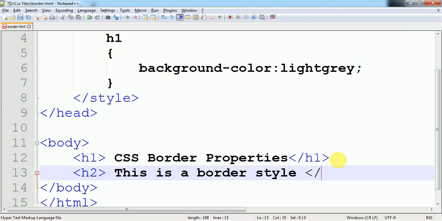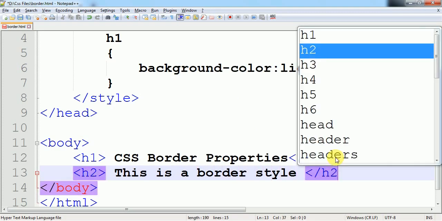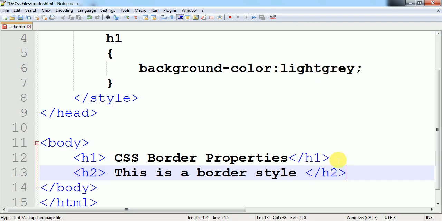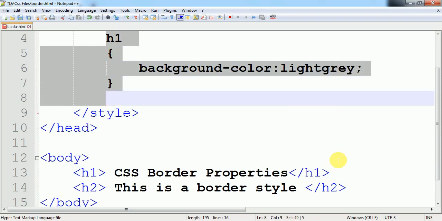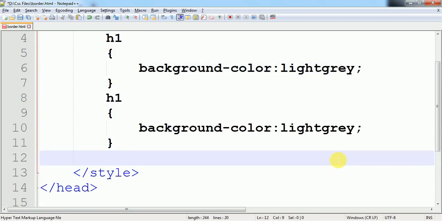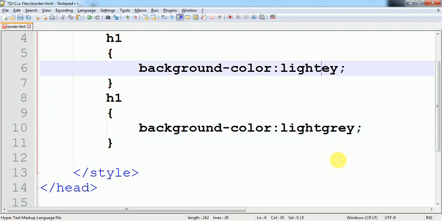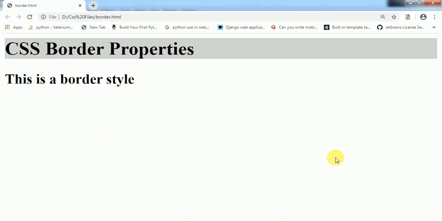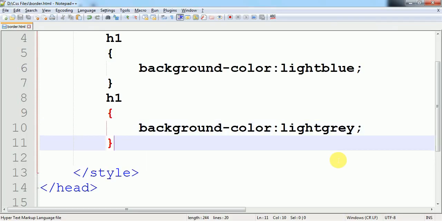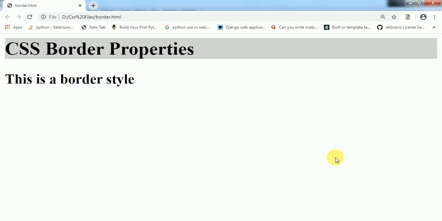This h2 is there, and this one also I'll give color. To this I give light blue, this I give gray color. Okay, so instead of this I make it h2.